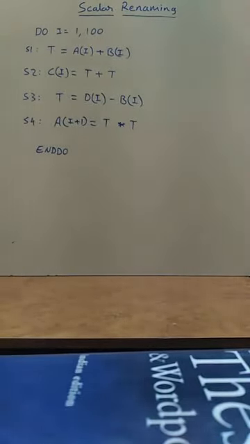So scalar renaming is also based on the same principle which we discussed during scalar expansion. In scalar expansion, we discussed that if some dependence is due to reuse of value, then such dependence needs to be preserved. And if dependence is due to the reuse of memory location, then such dependencies can be removed by using some of the techniques.